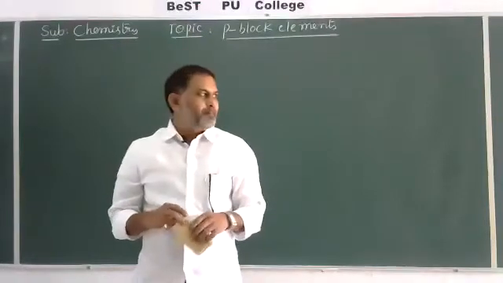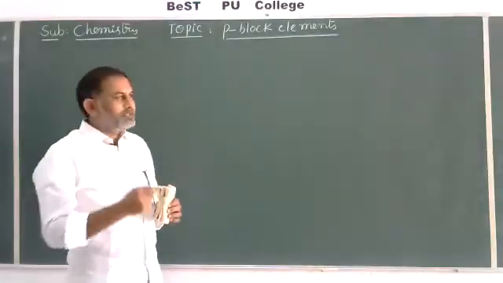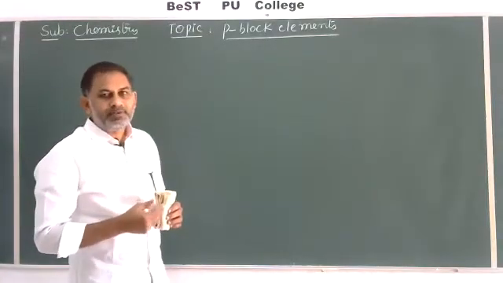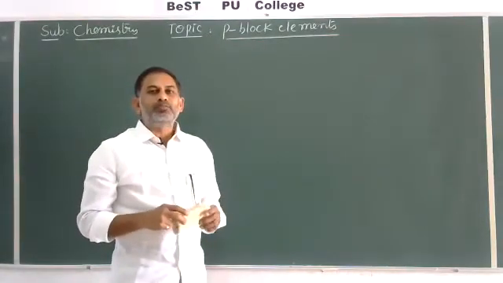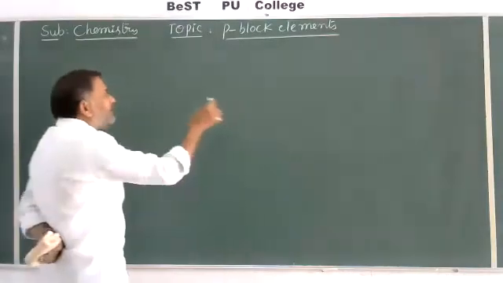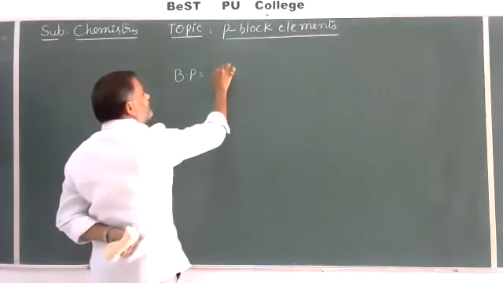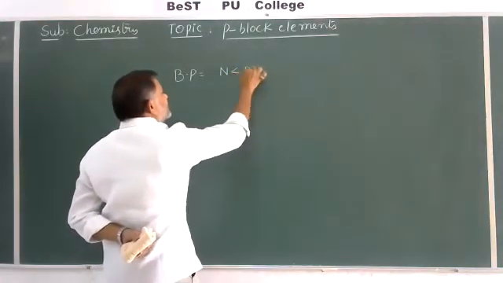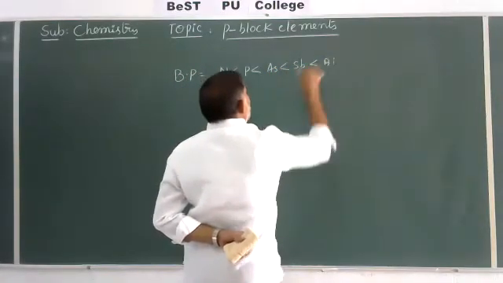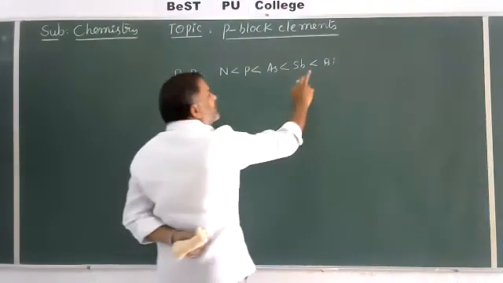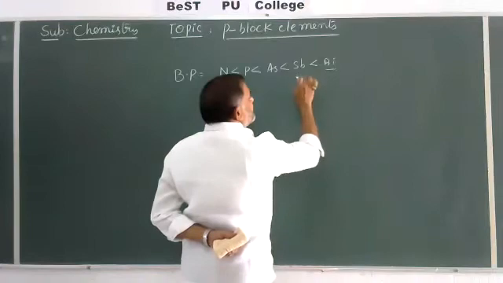Yesterday, while explaining melting and boiling points, there was one simple point, a variation in the symbol. The explanation is correct, but there is a simple correction. In the last class, the boiling points of 15th group elements were given like nitrogen is less than phosphorus is less than arsenic is less than Sb is less than Bi. While explaining, due to the inert pair effect, your explanation gave clear information, but the side is according